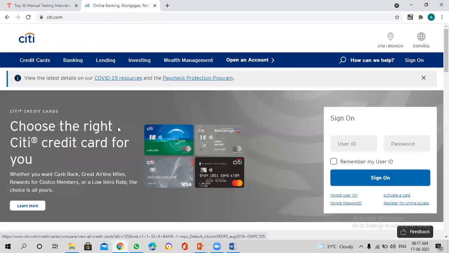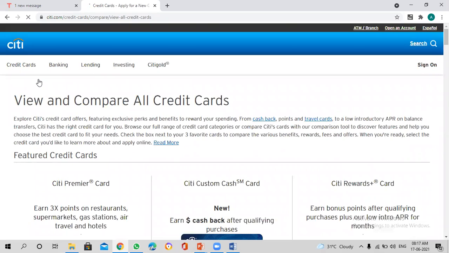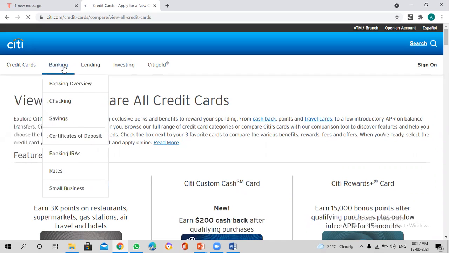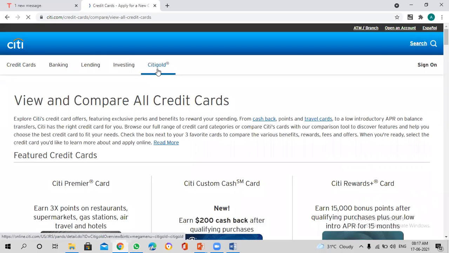Before doing my testing, I need to make sure whether the system is really ready for further testing. So the first thing I need to do is click on a particular link and see whether the relevant page is loading or not. If the relevant page is not loading, I will not be able to test that page at all, right? That page will not even be ready for testing. Similarly, for every tab, under that one link itself, you have multiple links again. So I'm going to click each and every link and make sure that the relevant page is loading or not.